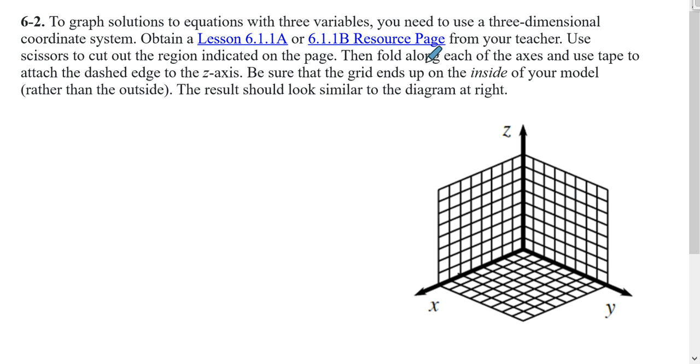What I need you now to do, you're not going to tape it, but you're going to fold it along the solid lines. You're going to make sure that the grid is on the inside of the shape, and that will give you your 3-dimensional solid. When you look at the grid,